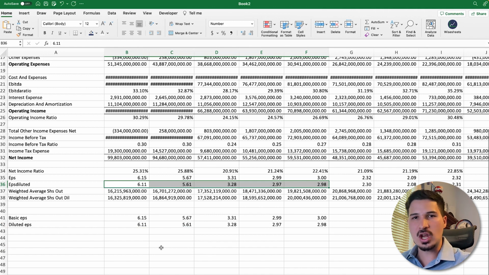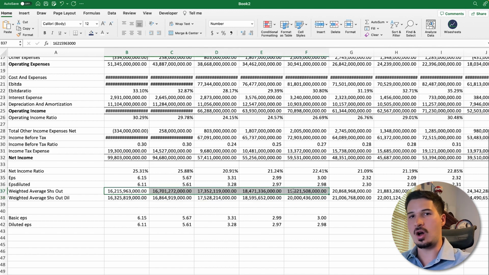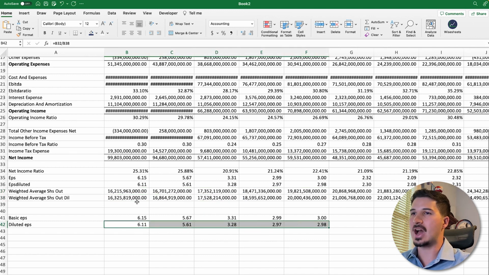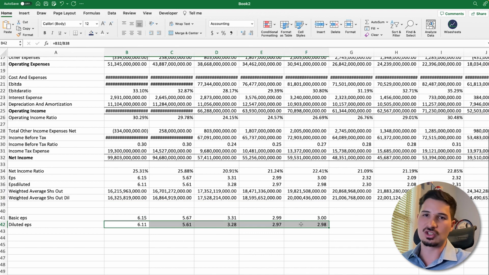And as you can see, generally what's going to happen is that the EPS diluted is lower than the basic EPS, and the reason why is because here on this number you're taking into account the number of shares outstanding, a number that is higher than the number here. So when you have a division and the denominator is higher, that number is going to be lower, because now you're adding all the different shares that we talked about before, which are the number of convertible shares and stuff like that. That obviously adds up to the original number, and that's going to make the diluted EPS generally lower